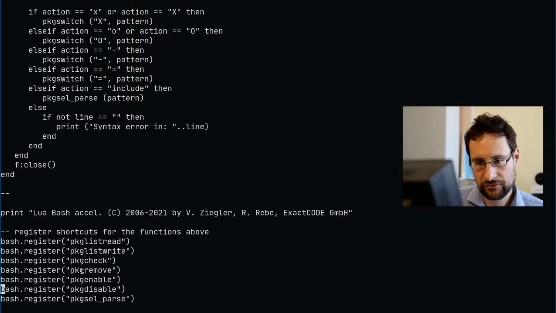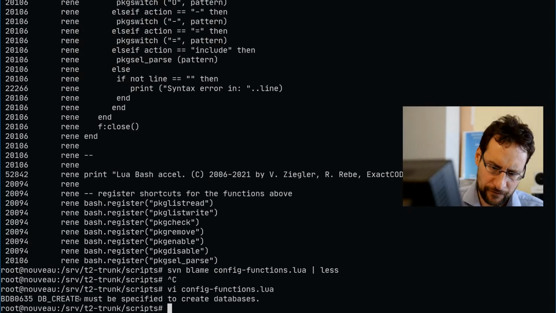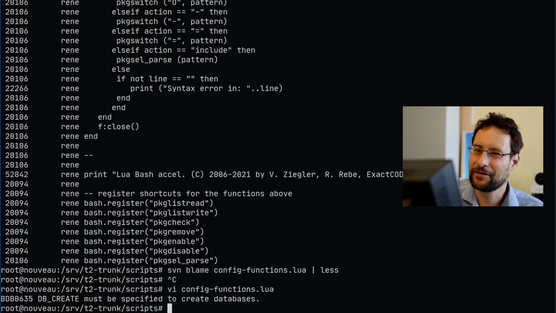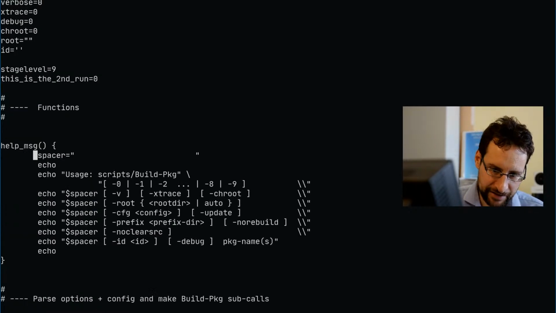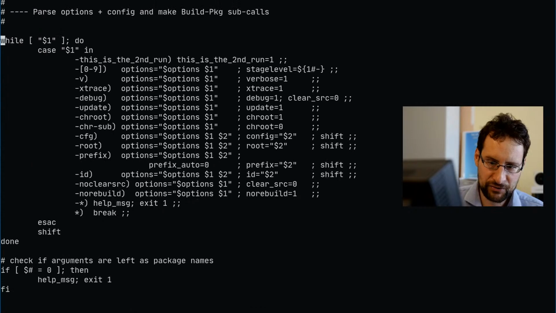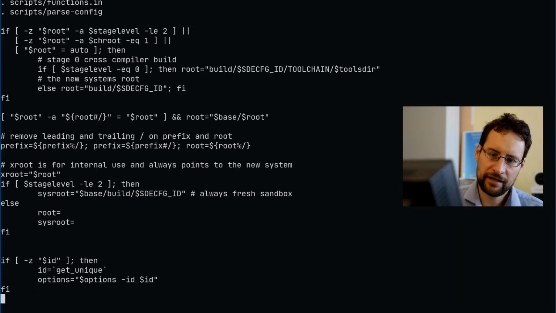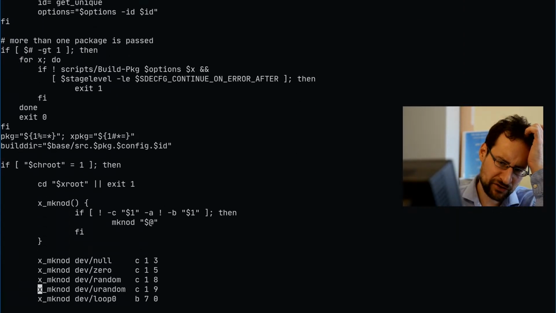But 3 we only use for Lua, and for most C++ stuff we use more like 2. And for shell, yeah, also somehow it's crazy, right? For each language you use something else. But historically in Rock Linux and T2 we use more 8, like 8 tab, unless you have many levels, or if we add conditionals later.